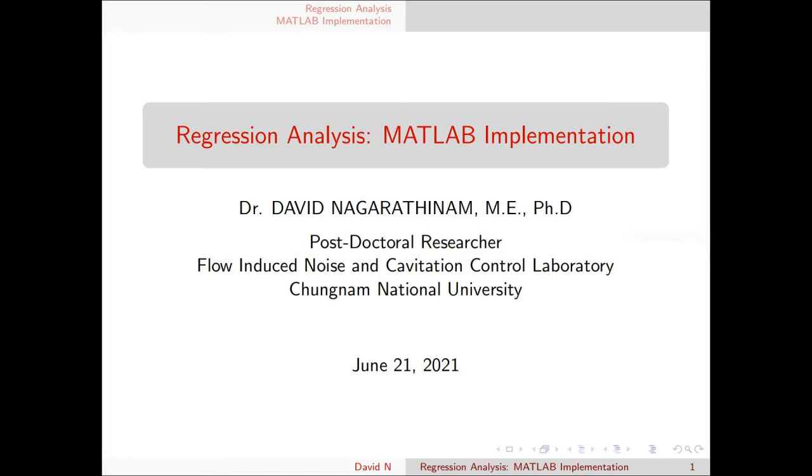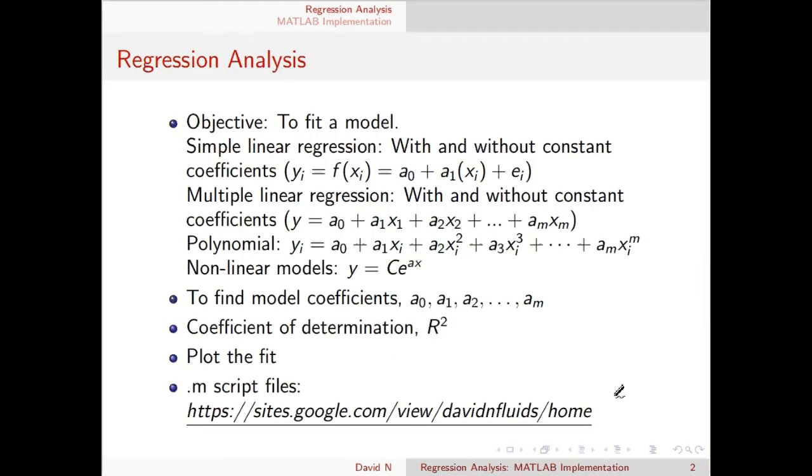Today I'll be presenting the Matlab implementation of an important numerical analysis technique frequently used by engineers and researchers called regression analysis. The objective of regression analysis is to fit the observed data points using a best possible model. In this presentation, we will learn about the Matlab implementation of simple linear regression, multiple linear regression, polynomial regression, and nonlinear regression. We will determine the coefficient of determination R squared and plot the fit between the data predictions and